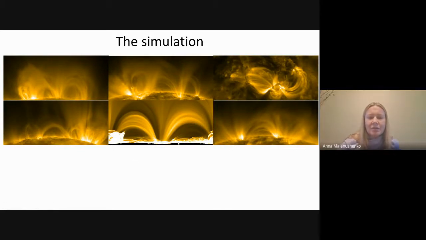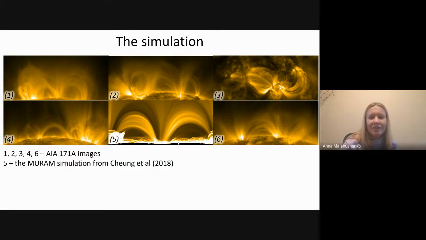I'm showing several solar active regions here in the context, just because this is an ab initio simulation. So it's not like there is a particular active region to compare it to. So this figure shows the simulation in the context of actually observed real solar active regions. Number 5 is the simulation, and all other figures are the observations of solar active regions. And as you see, there are many features that are similar, just qualitatively eyeballing.